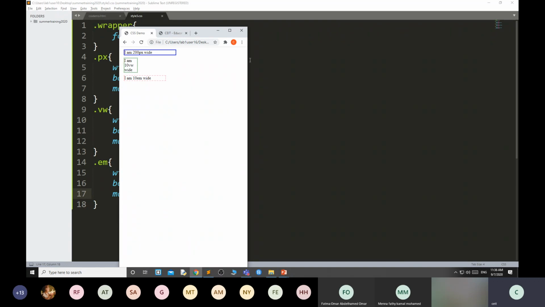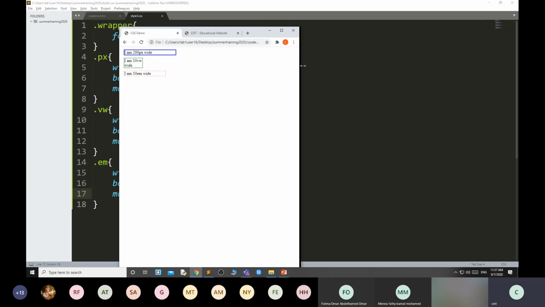Whatever this screen size is, that is the parent size, and take 10 percent width of that parent size. Suppose this is the total size, this is 100, from here to here. Then take 10 of that 100.